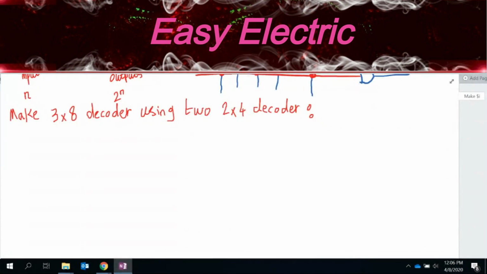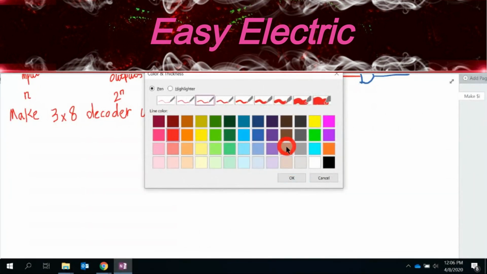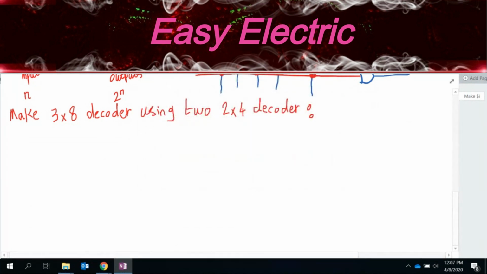Okay. So what it means is, suppose the only tools that you have here are two 2x4 decoders,